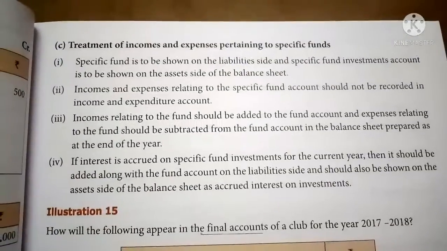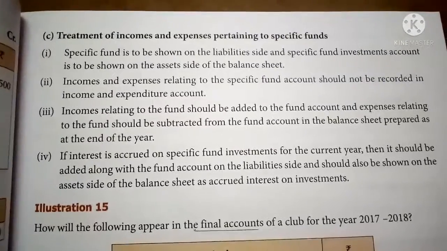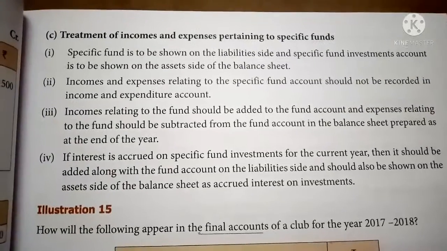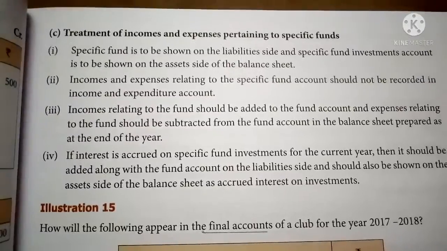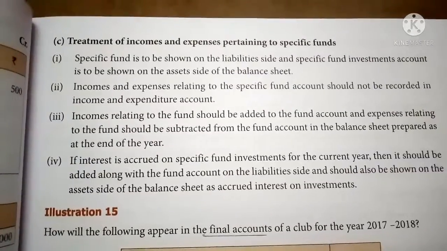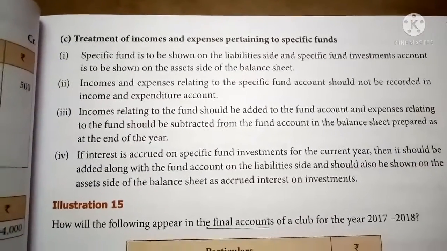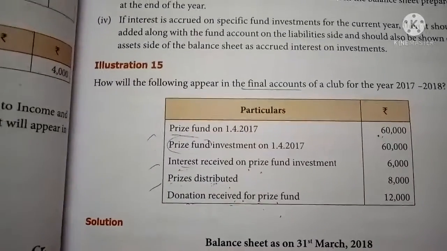If any interest accrued on investment, that is outstanding interest, that also should be shown in the asset side of the balance sheet. So in order to understand this specific fund better, let us see one example sum. Illustration